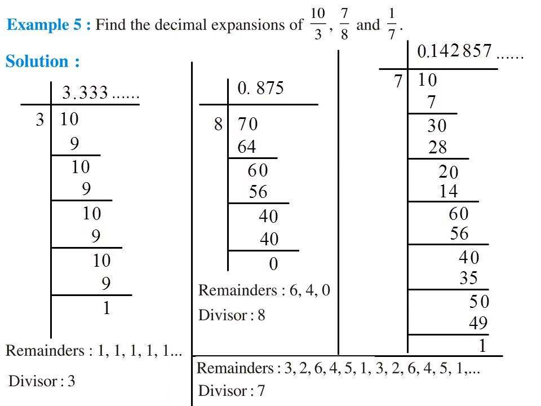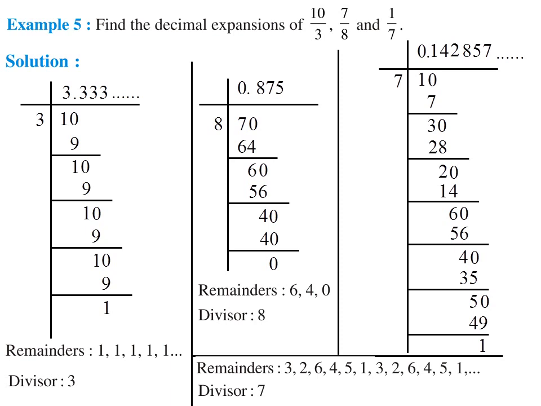Again 0 carry forwarded, now 7 8s are 56. So again the remainder will be 4. Again 0 carry forwarded, now 7 5s are 35. Now the remainder will become 5. Now 0 carry forwarded, 7 7s are 49. Now the remainder is 1. So what you have seen is that we have already reached the point where our question started. Now again if 0 is carried forward, it will become 10, which is my first step. So this number will regularly give the pattern, and this division will go on again infinite times.